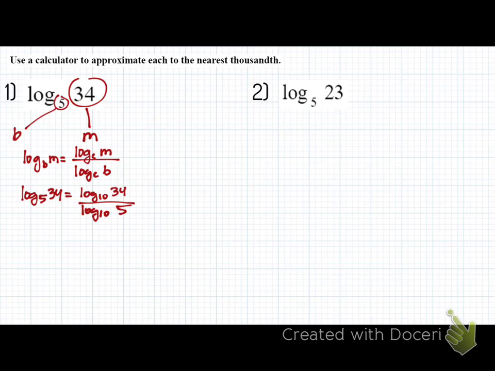Okay? Now we're going to do the bottom. We have to put log base 10 of 5. So we're going to push 5, and then you're going to push the common log button, which will give us the answer for log base 5. But that's the denominator value. We have to press equals. Okay? And it gives us our answer, which is